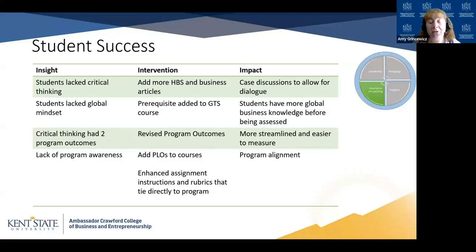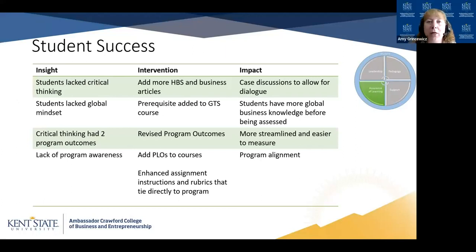Since getting our program design certification for the MBA, we have also gone and revised all of our program outcomes. We're in the process of doing a recertification on the program design, because we found that for several of our program outcomes, we had two outcomes. We had two critical thinking outcomes, two ethics outcomes, where one was more of a surface level and one was more of a critical thinking level. So we've gotten rid of having two outcomes per topic area, and now we have a more streamlined approach of 8 outcomes.